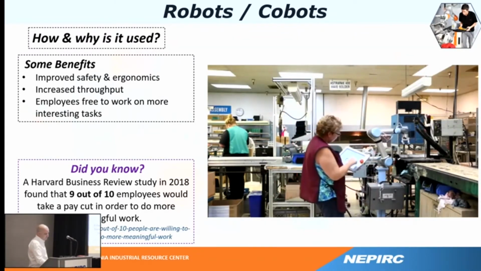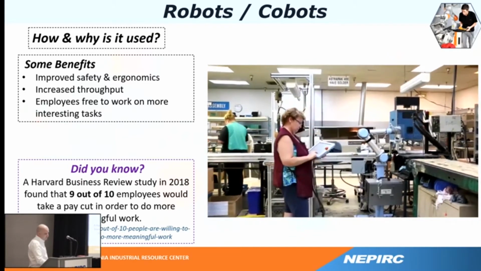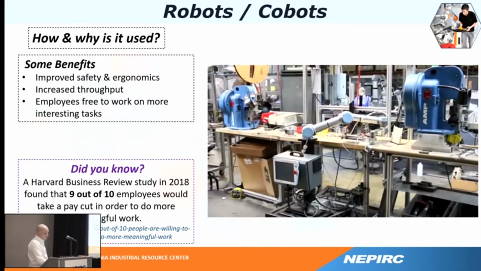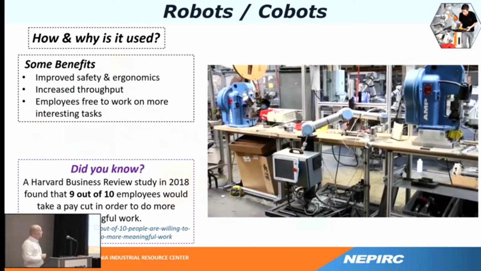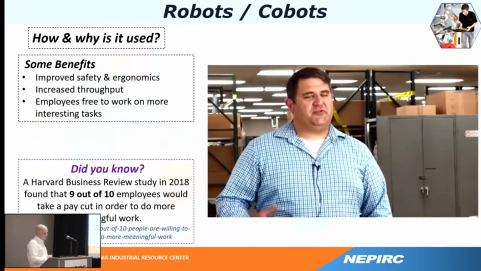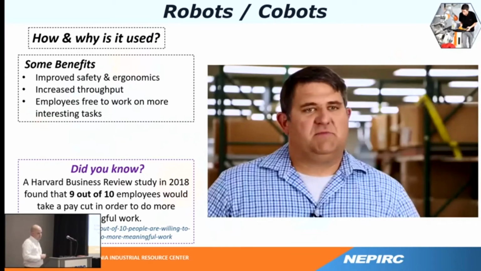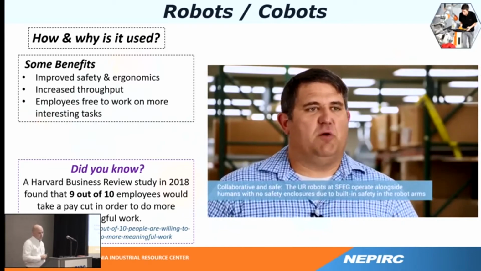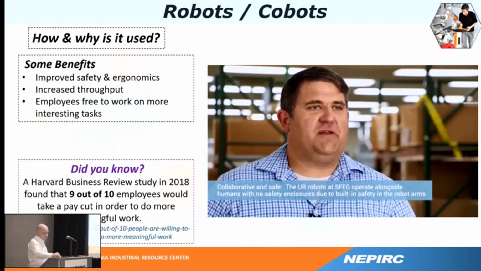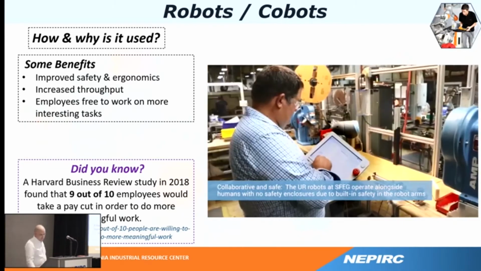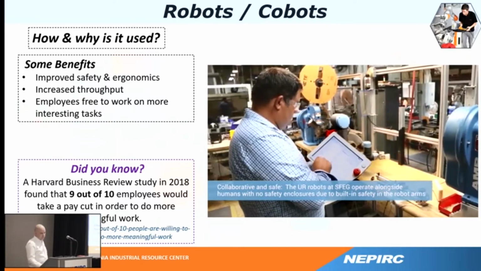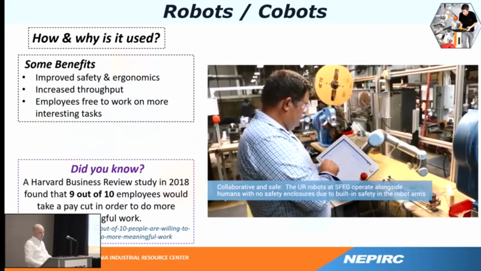One of our biggest challenges is we're a high mix, low volume producer. For most of our lines, they don't run every day. So trying to find a way to put robots on the lines in the traditional sense was a very big challenge. So we came up with the idea to do some sort of mobile force, but the challenge is how do you do that with all the safety enclosures? I came across this idea of a collaborative robot, something that could work with humans that you didn't have to be afraid